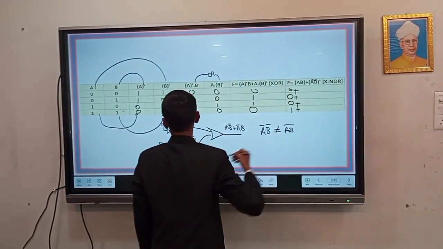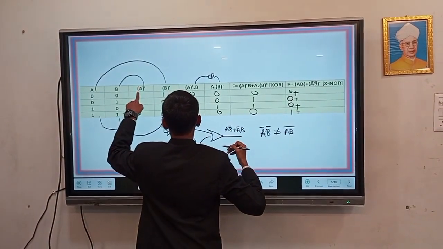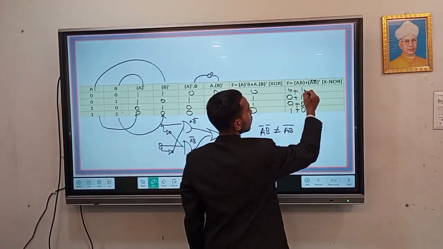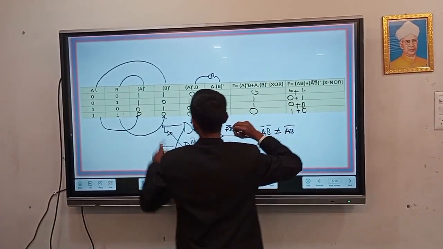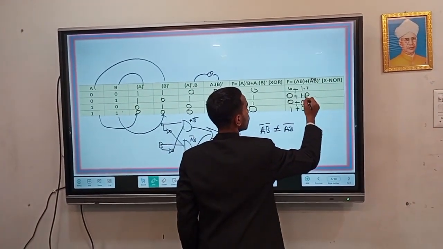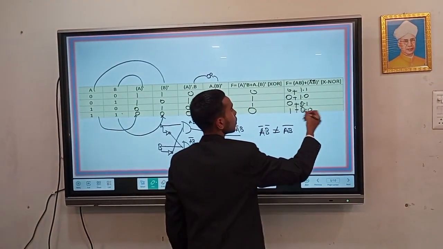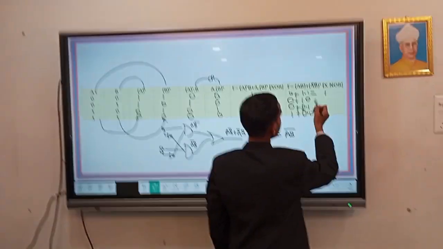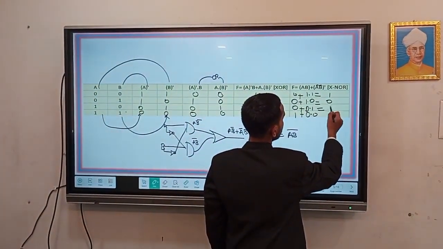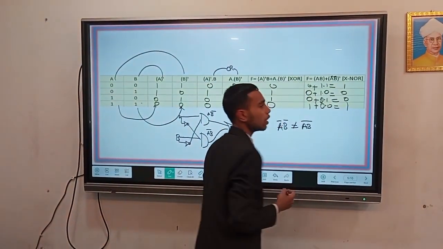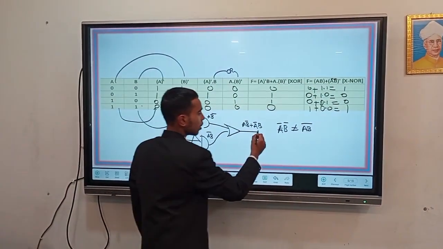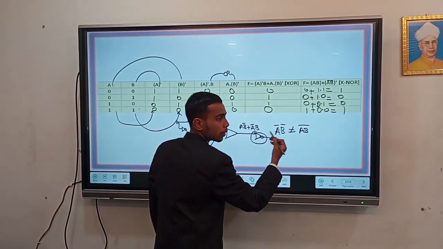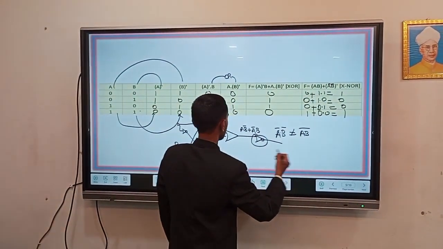so we are going to put OR operation and A complement. It is 1 1 0 0 1 1 0 0, and then AND operation between B complement. B complement is 1 0 1 0, and here 1 and 1, it is going to give 1, 0 0 and 1. So this is the value of XNOR, and if we add a NOT gate here, so we are obtaining the XNOR,